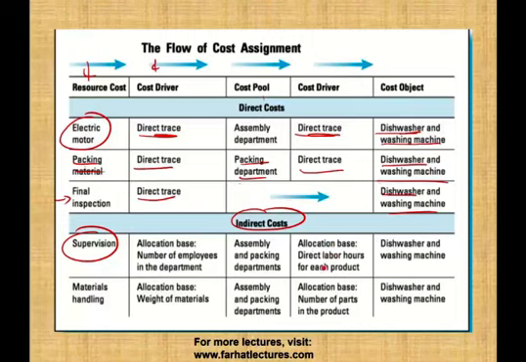The allocation base could be the direct labor hour. The more direct labor hours, based on the number of employees, the more we allocate. Material handling, the allocation base could be the weight of the material. The more material we use, obviously, the more cost we're going to incur. Or the allocation base is the number of parts in the product. So how many parts do we have in the product that needs material? Okay, so this is basically a picture of basic